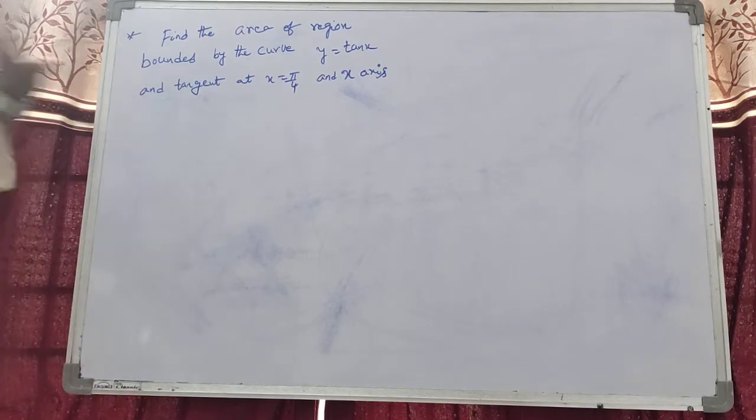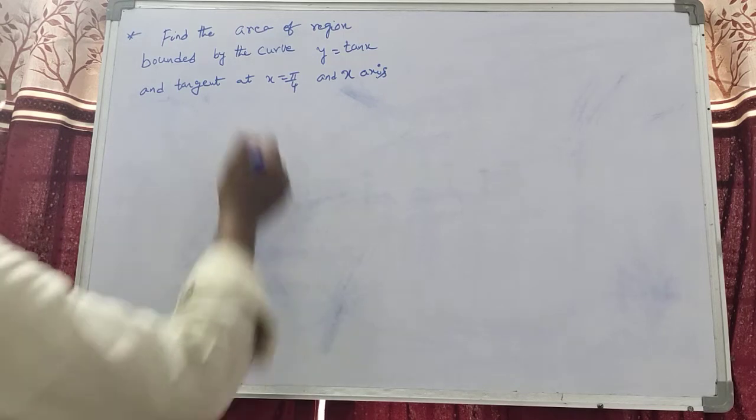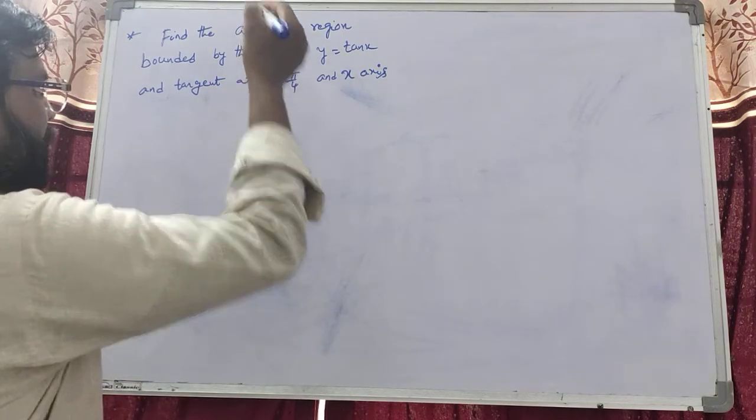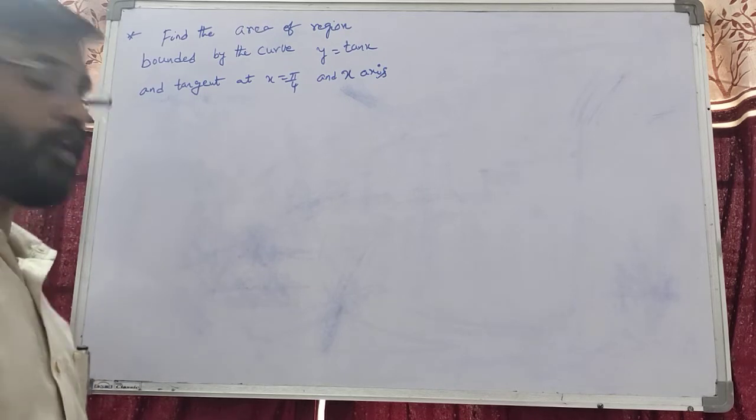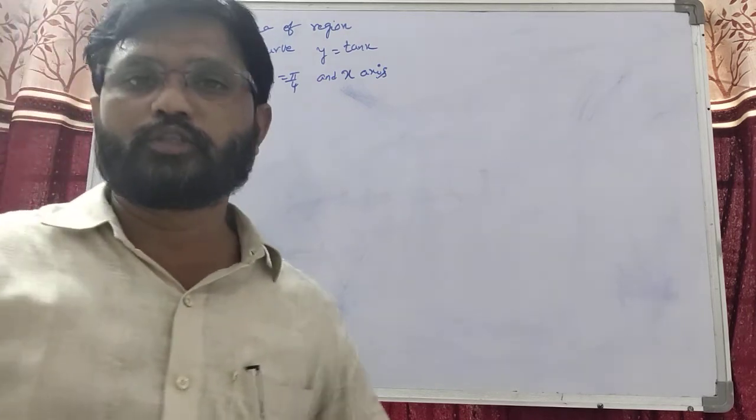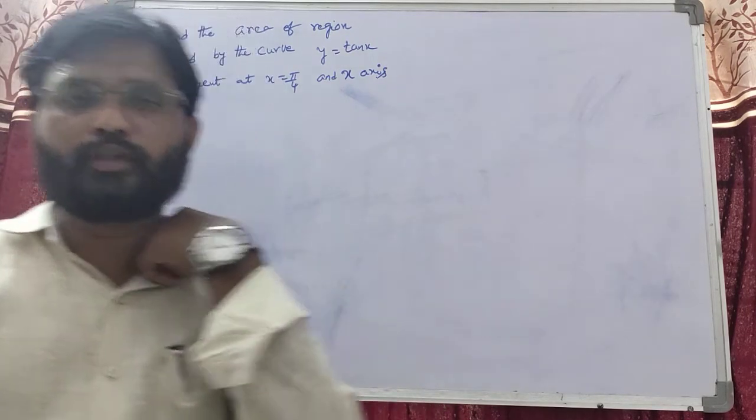Third question. So today, the third one: find the area of the region bounded by the curve y equal to tan x and the tangent at x equal to pi by 4 and the x axis. Students, so in the areas,